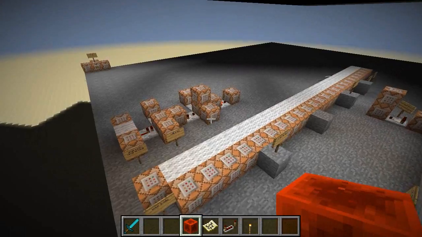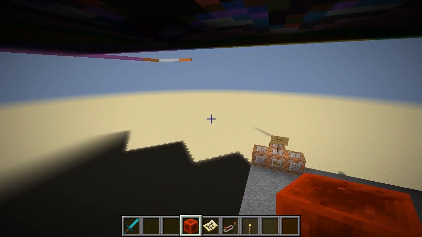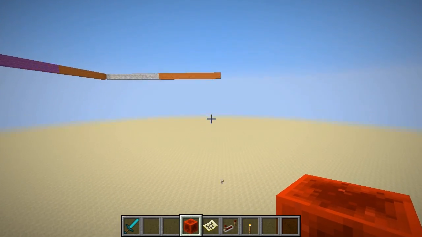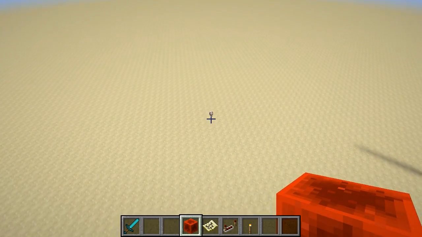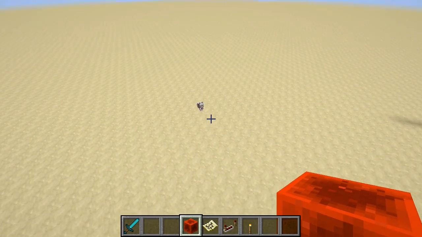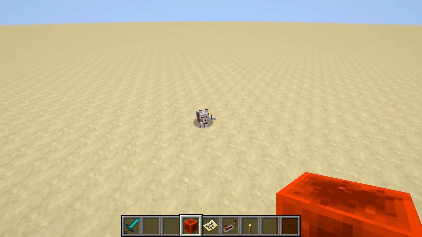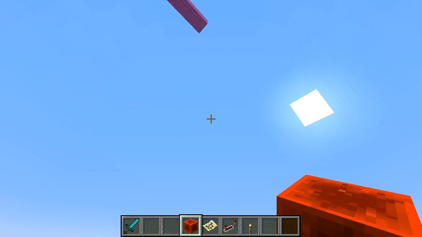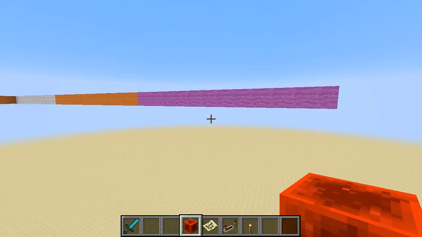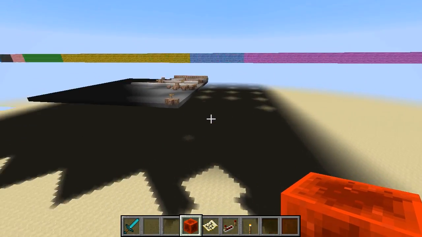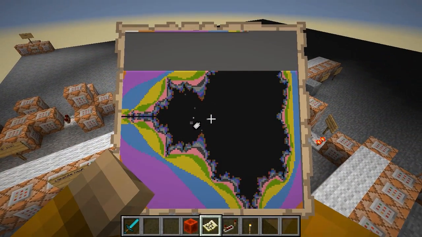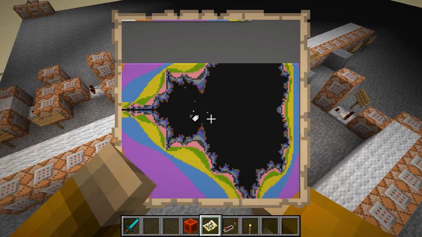There's a bunch of redstone that activates a bunch of command blocks, and as it does that, it starts drawing the colored wool as it computes the color for each pixel. The wolf here, Wolfie, is just used as a cursor to keep track of where we are, and keeps teleporting one space over so that we can put the wool above his head and keep track of which pixel we're currently working on. So while we are starting to recompute the top section of the graph, let's talk about what the Mandelbrot